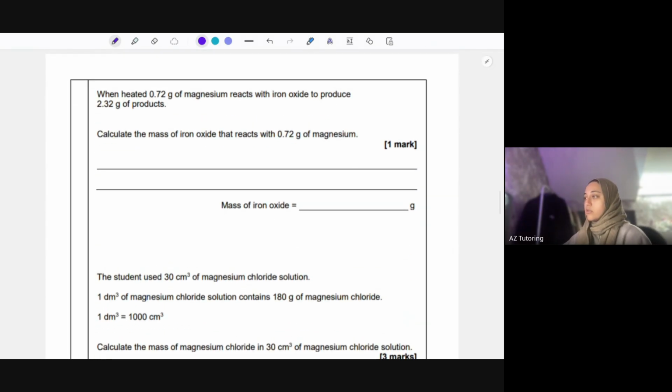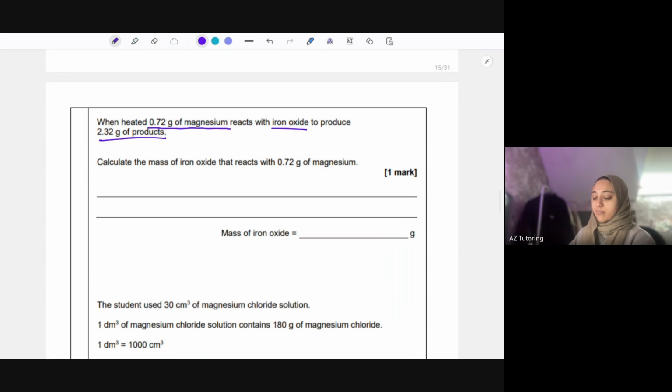Okay, next question. When heated, 0.72 grams of magnesium reacts with iron oxide to produce 2.32 grams of products. Calculate the mass of iron oxide that reacts with 0.72 grams of magnesium. Now, what this is testing you on is conservation of mass. Now, what conservation of mass is